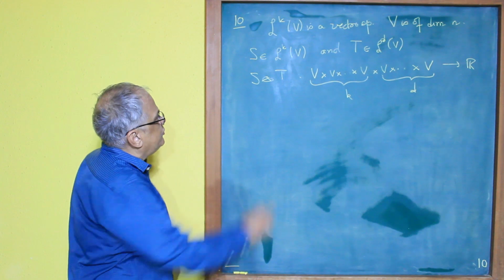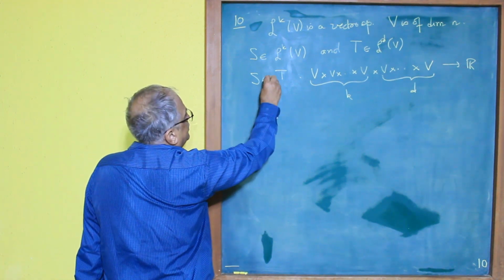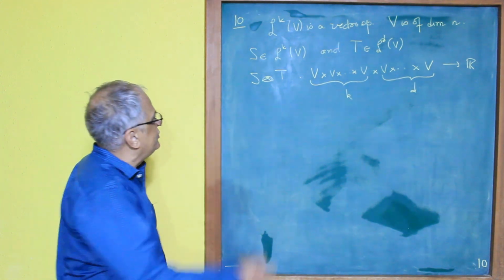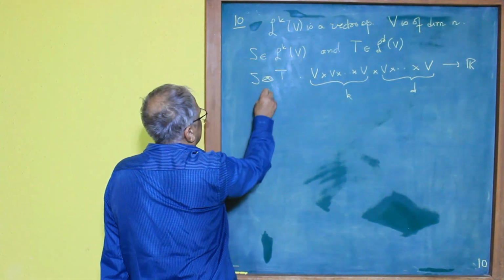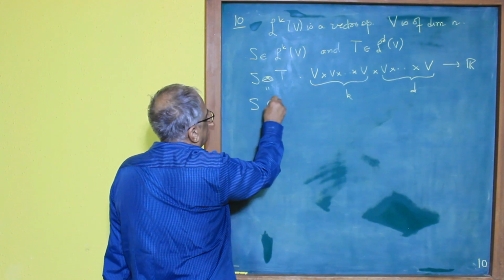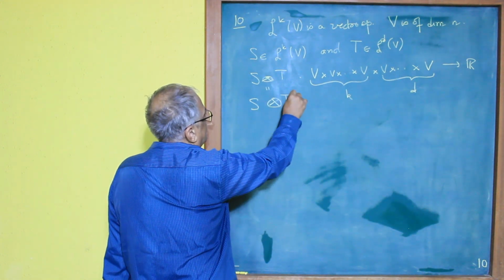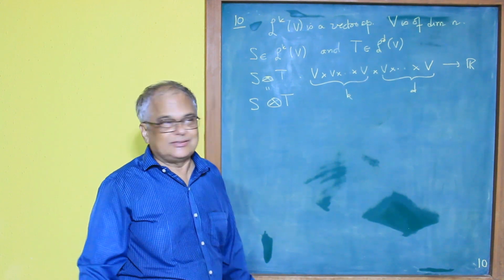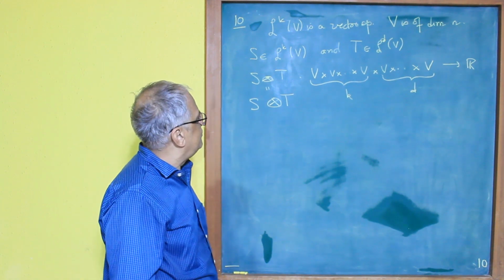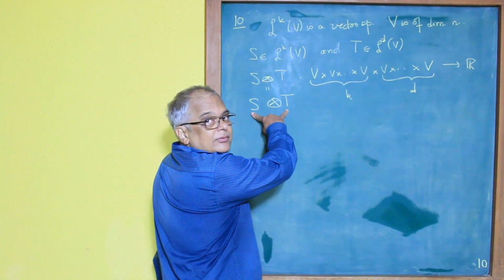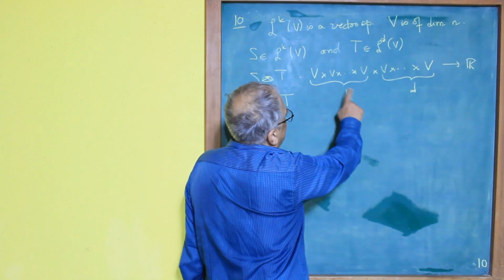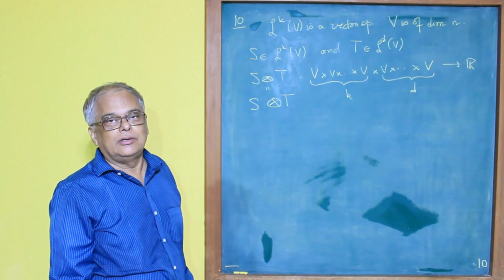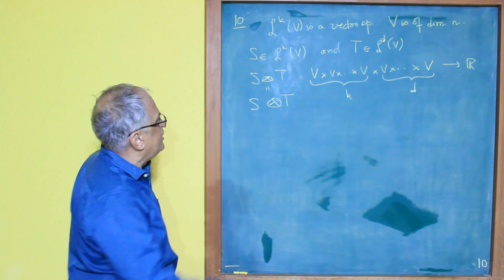I'm introducing this symbol, which I have not drawn very well. I'll draw it better. You may have come across this symbol earlier, but right now I want to leave this symbol as a symbol. So this S product T, I will call it a product, is a map from K plus D copies of V to R. How is it defined? It is defined by